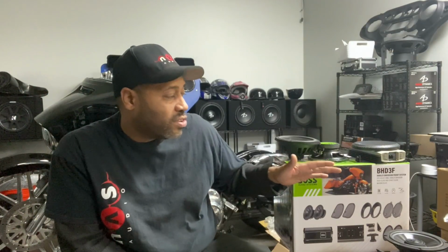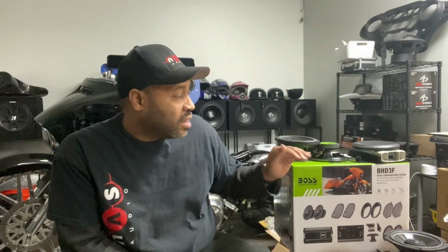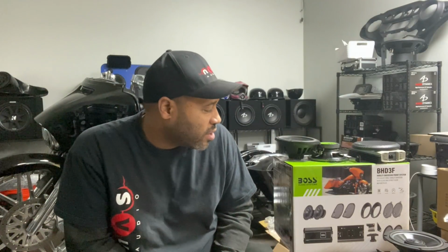So with Boss Audio, in the motorcycle kits, you have the lid kit, which would be the bhd3f and the bhd3f. That covers the 98 through 13 and 14 through 21 Harley Davidson baggers. And then if you stock this one single kit, you could do 98 through 2021 Street Glide, Road Glide speakers. So you can get a complete kit from Boss